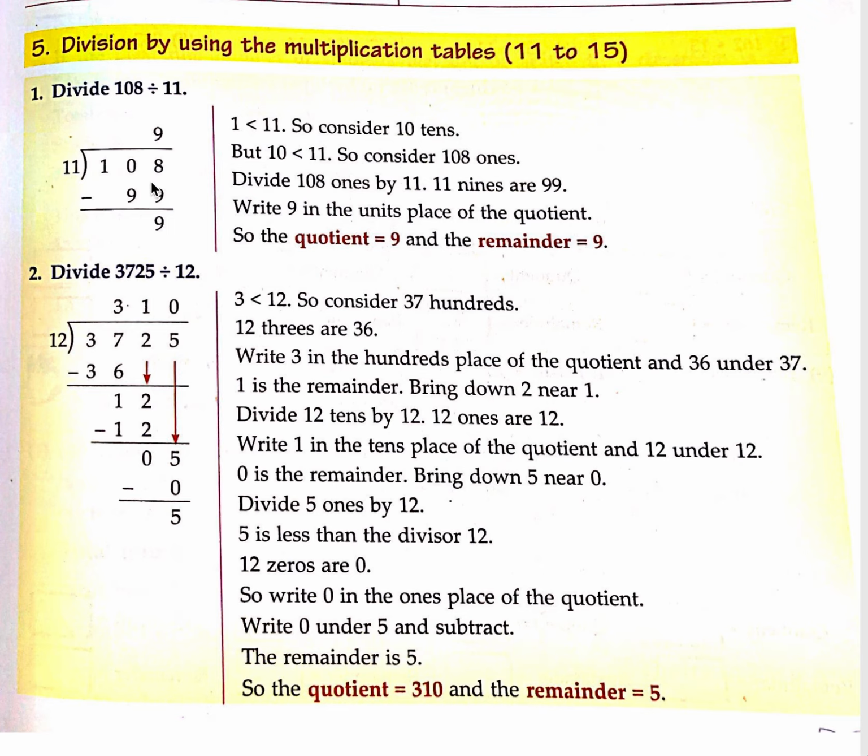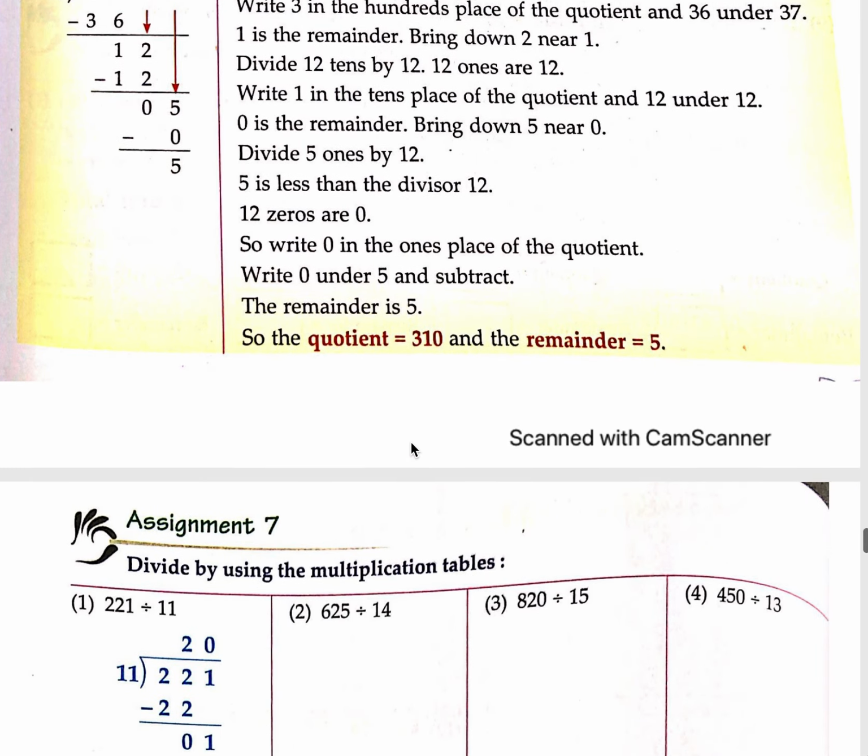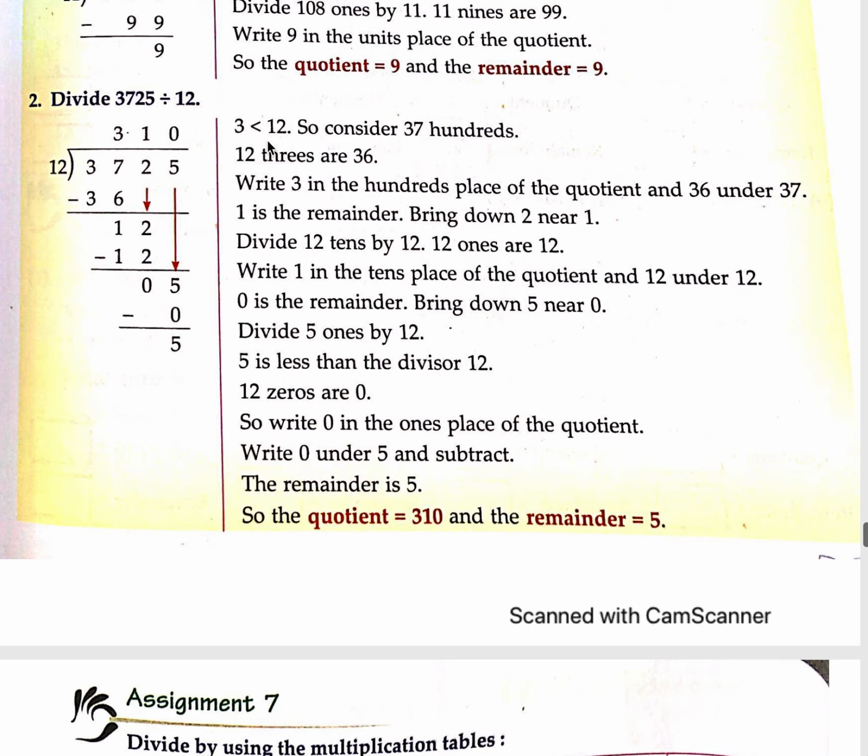यहाँ पे 108 डिविडेंड है and 11 डिवाइज़र। सो 108 में हम कंसिडर करेंगे कि 108 वंस है and then 11 into 9 is equal to 99, इसलिए 9 and 99 फिर हम माइनस करेंगे। नेक्स्ट है 3 is less than 12, so consider 37 hundredths। 12 threes are 36, so write 3 in the hundredths place of the quotient and 36 under 37।